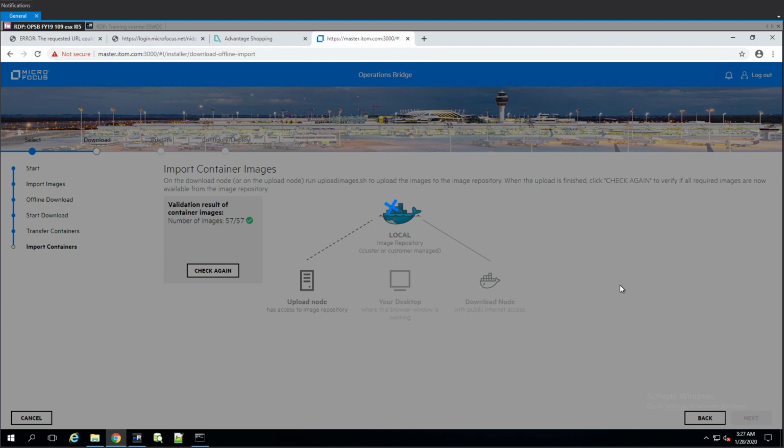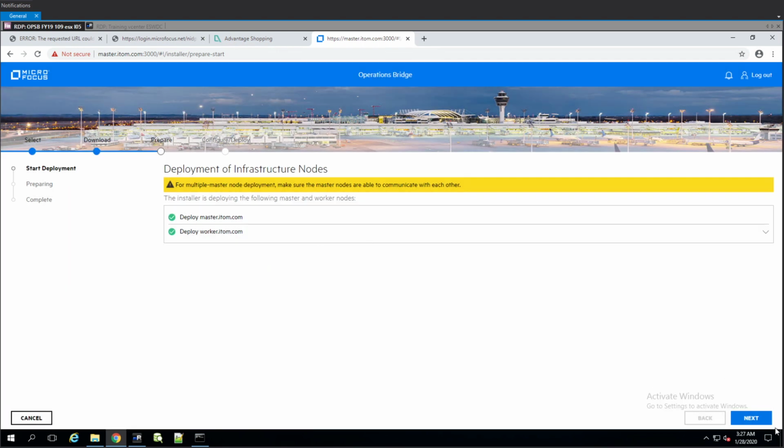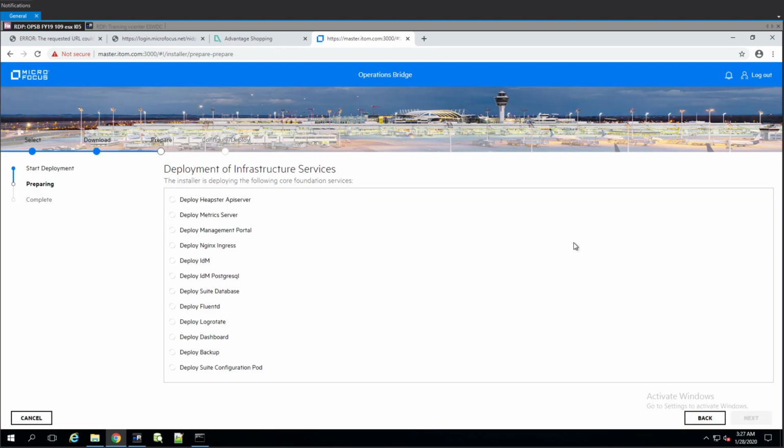All right, so now it's kind of important, but it's not really important at the moment. It's more or less just validating slash importing. Okay, so we wait just a little bit, then the deployment happens. We say next, and there it continues